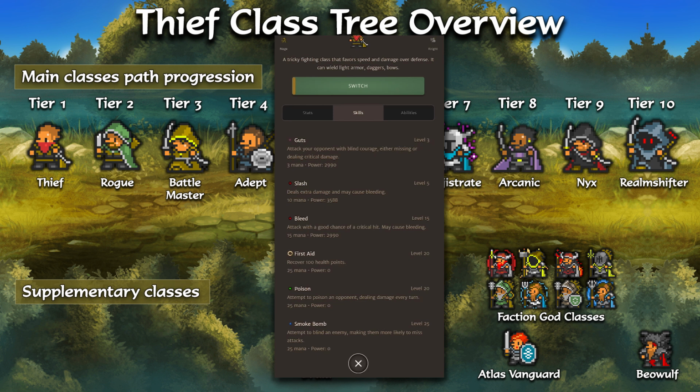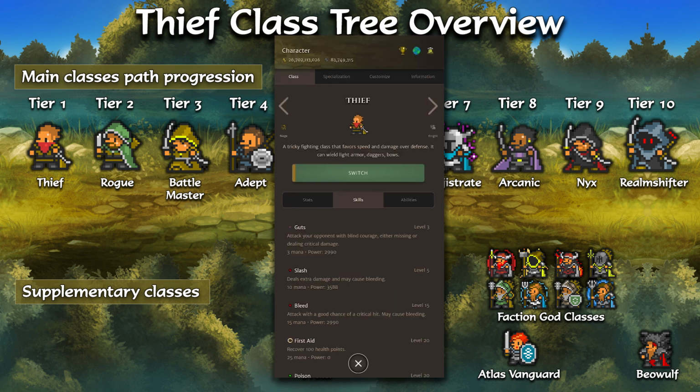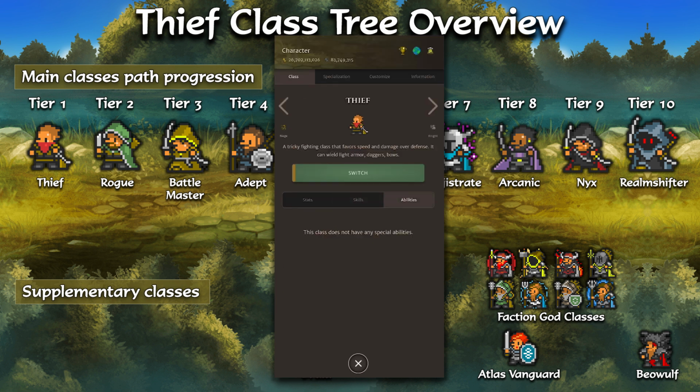First aid never really has that much use, I think, in the early game, and then poison and smoke bomb are good skills to have, but generally later on in the game. They're very mana intensive at this level, but in higher tiers, smoke bomb especially can be great in PvP loadouts. So at tier 1 of course we don't have any passive abilities, and that's the thief class really,